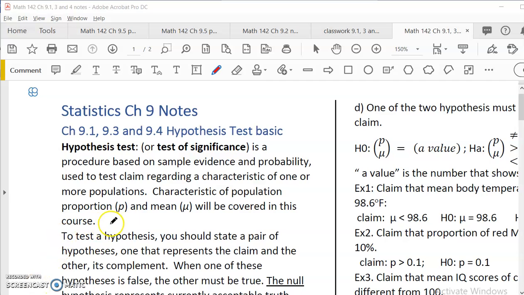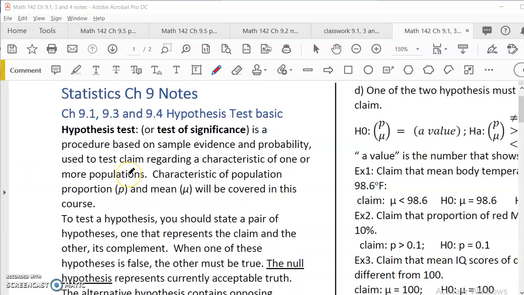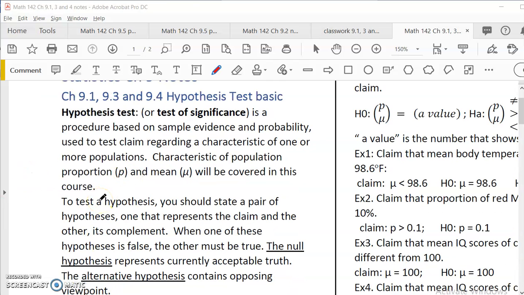Hello, statistics student. This video is for chapter 9, in particular 9.1, 9.3, and 9.4, the basics of hypothesis tests. Hypothesis test is an important topic in introductory statistics. Basically, it is a tool, a procedure that helps us to understand a population parameter by using a sample to test a claim. Okay, so instead of using what we learned in chapter 8 of estimating a population parameter,